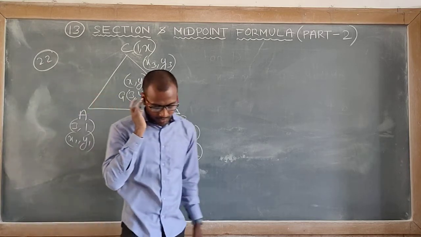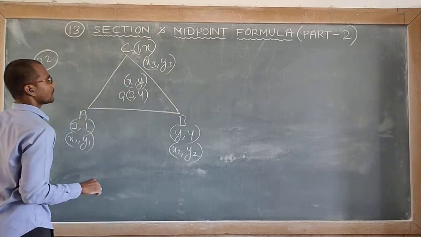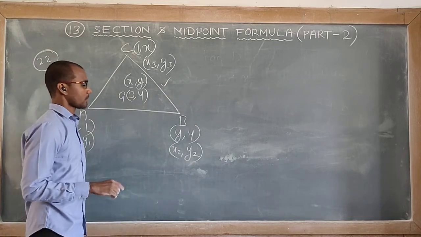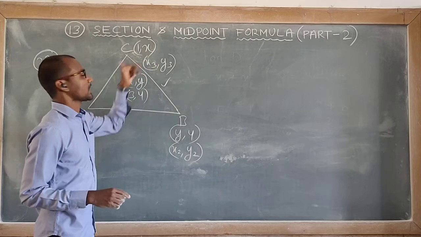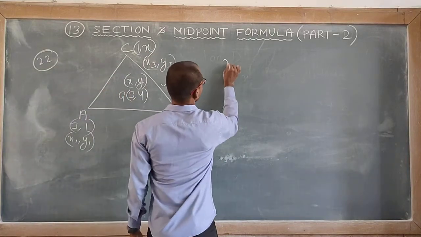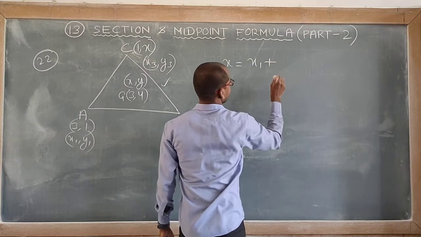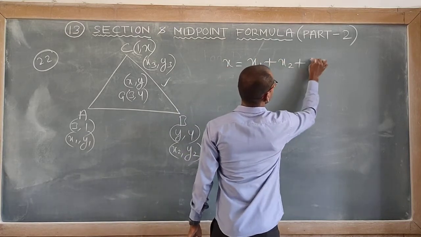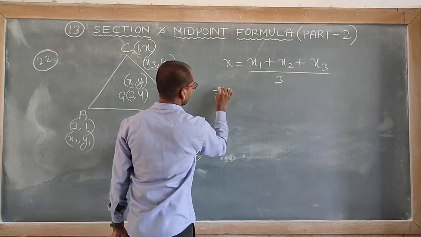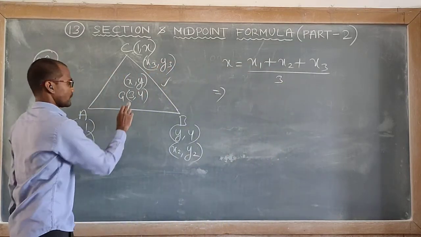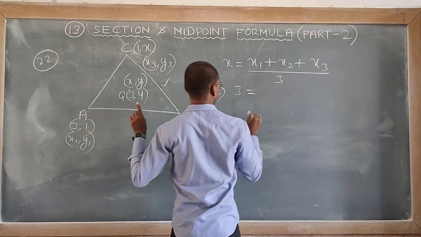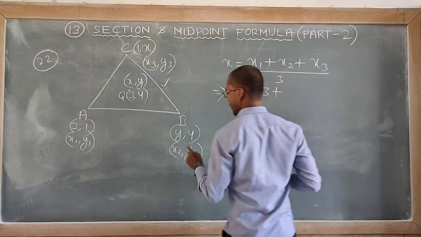We have to find the length of side BC. This is our target. For that we need the value of y, we need the value of x. So use the formula for centroid. x1 plus x2 plus x3 by 3. What is x? 3. Everything is given. x1 is 3, x2 is y,